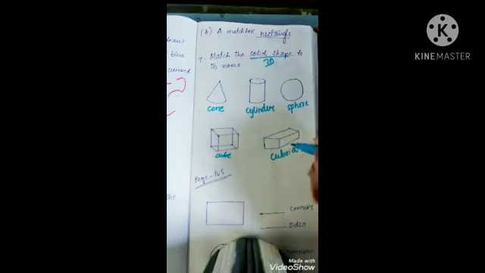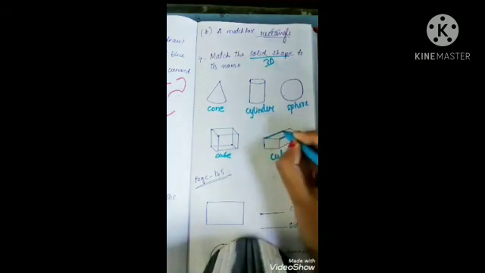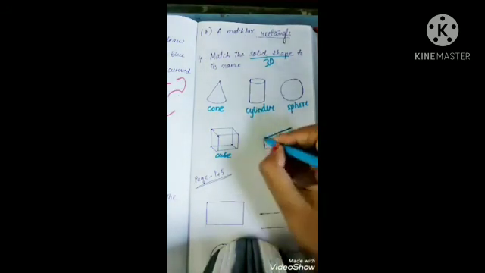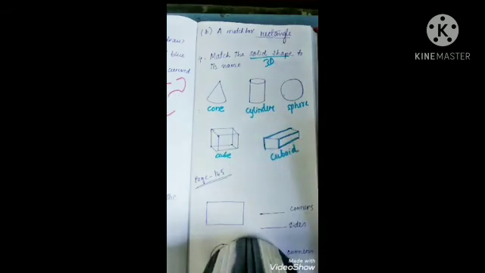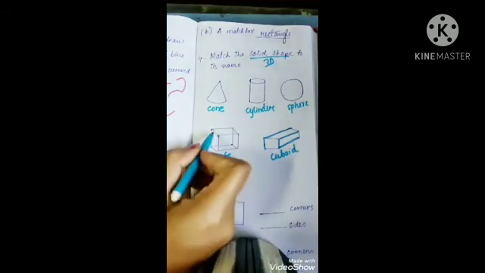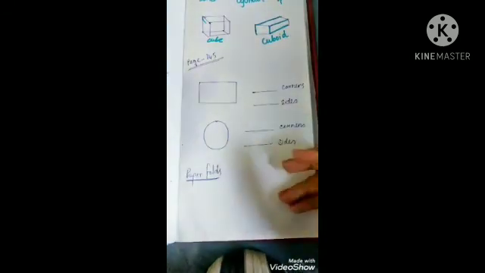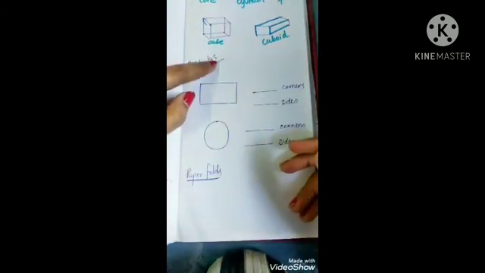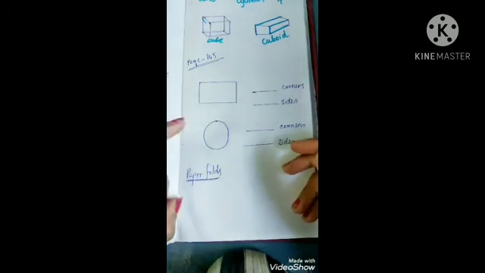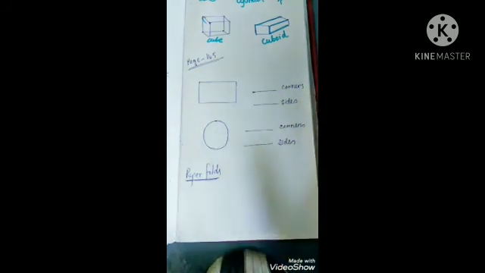So here, why is it a cuboid? Because here you see the lengths are longer and the breadths are shorter. Okay, and in a cube all the sides are equal. Now let's come to page number 145. There you have to write the corners and the sides. Okay, so as I told you already, what are the corners and what are the sides?